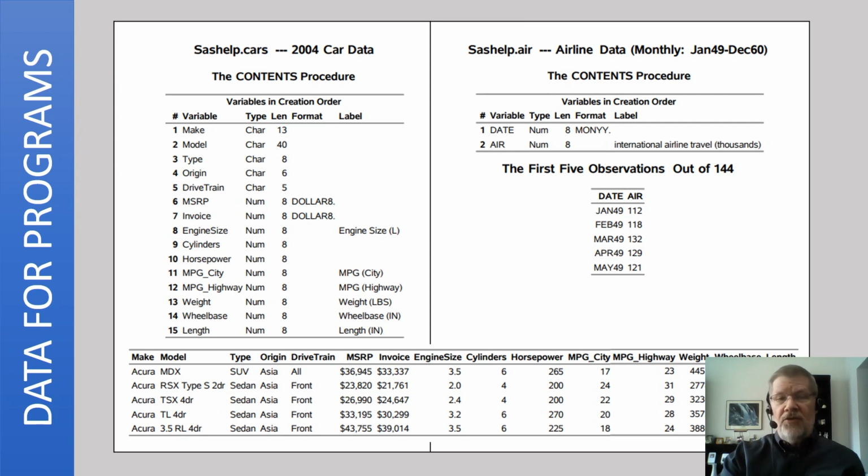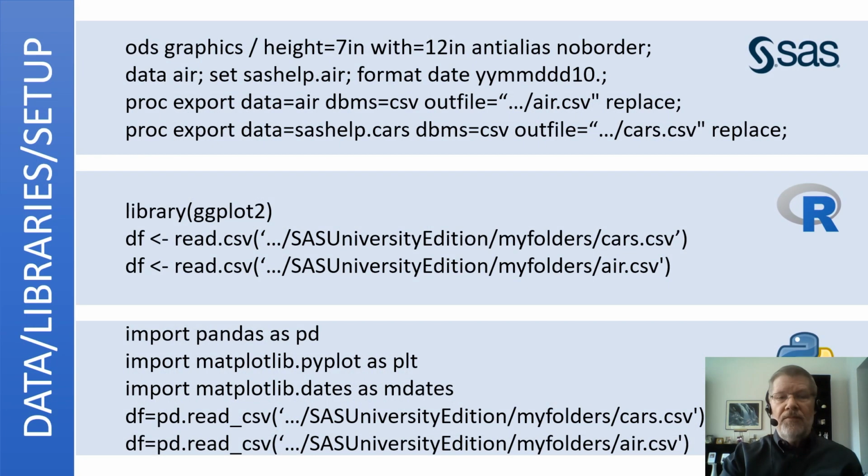To begin, let's take a quick look at the data we're going to use in the code. We'll be using the two sample datasets SAS provides in the SAS help library: the cars and airline datasets. R has its own versions of the SAS cars and airlines datasets, but to keep things consistent in terms of data and variable naming, I exported the SAS datasets to .csv files for R and Python. For the charting, SAS will be using the SAS datasets, while R will be using data frames, and Python will be using pandas data frames that have been loaded with the .csv data. To complete our setup, we'll also need to import the necessary graphics libraries for R and Python.